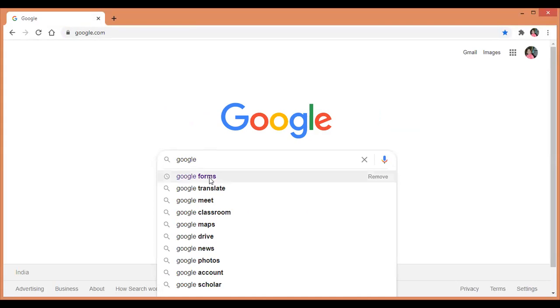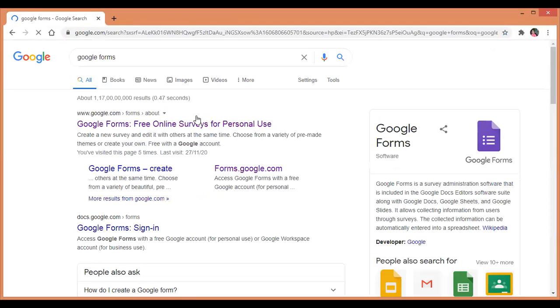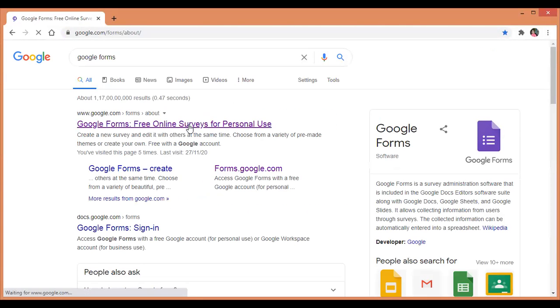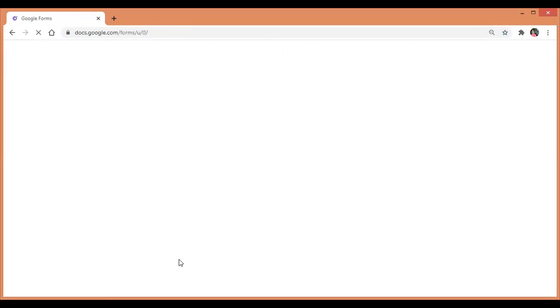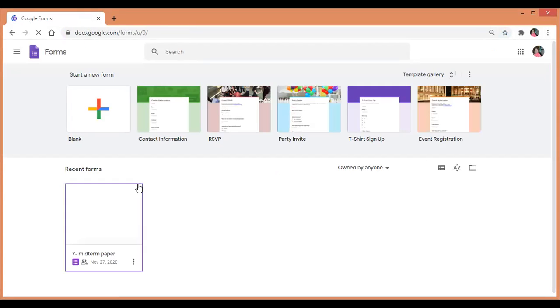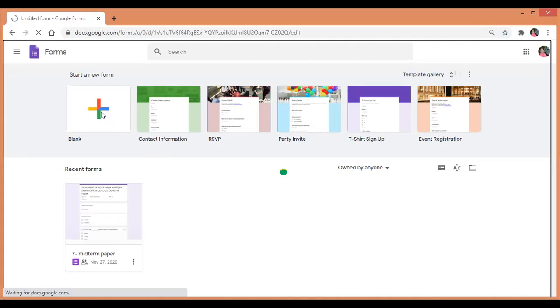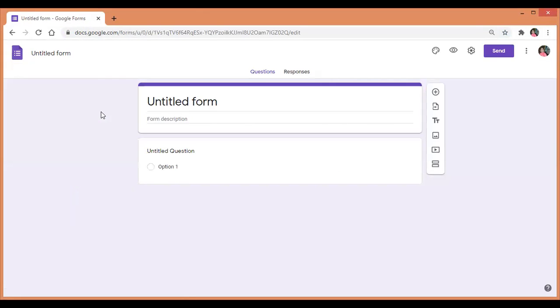Right here, Google Forms, online survey for personal use, and then click on go to forms. This is how your Google Forms window will be visible. Click on blank document so that you can set up the new question paper.